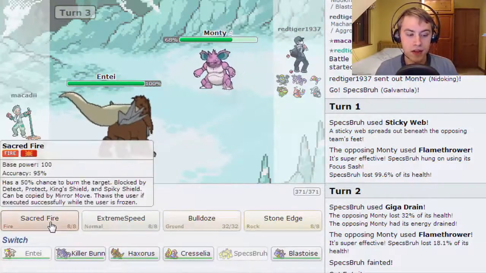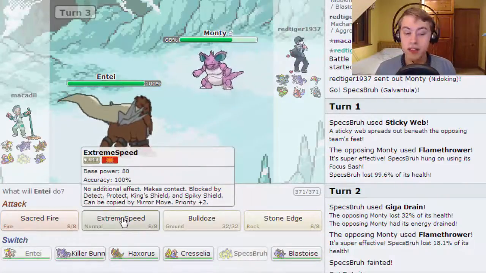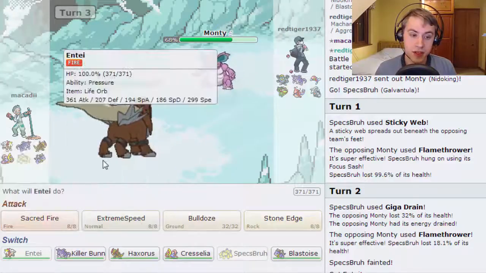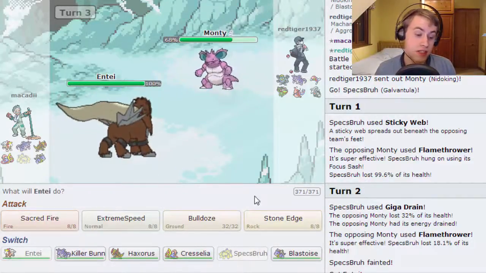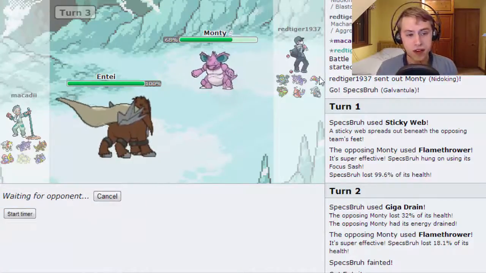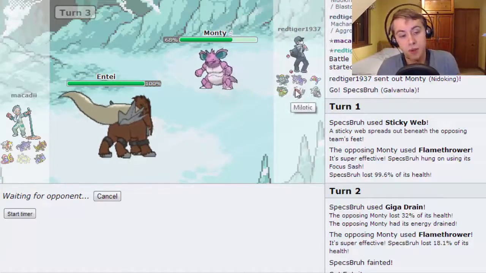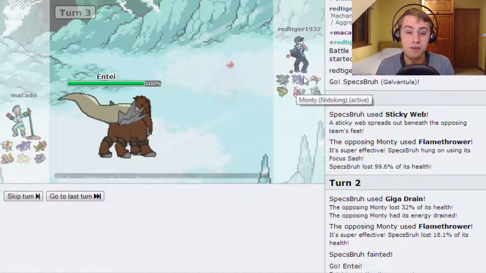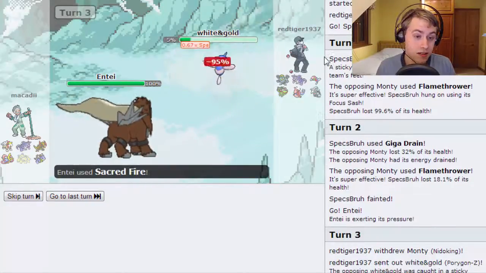Let's see, so Sacred Fire is 150, divided by 2, 75, compared to 80 power. There's not much point, to be honest. And I do outspeed, because I've got 299 speed. And if he's Scarfed, he's going to be in trouble anyway. So, I'm going to go for the Sacred Fire. I think that 5 less damage is worth the risk, to be honest. I guess there is the miss chance as well. He does go out into White and Gold now. As long as I don't miss...